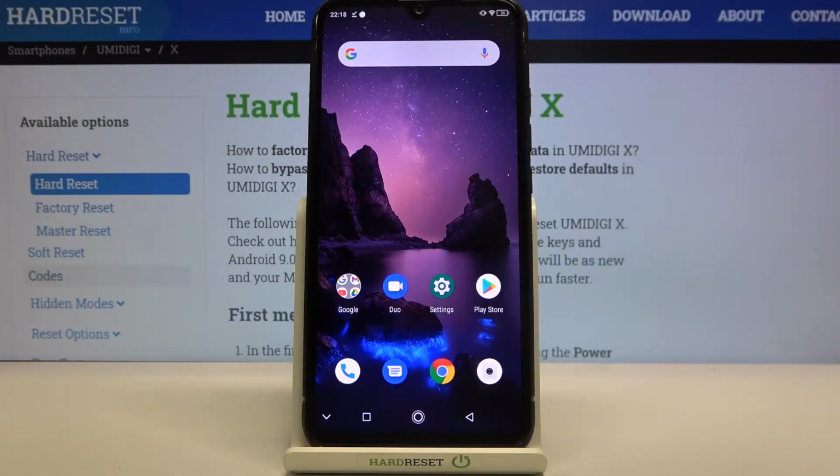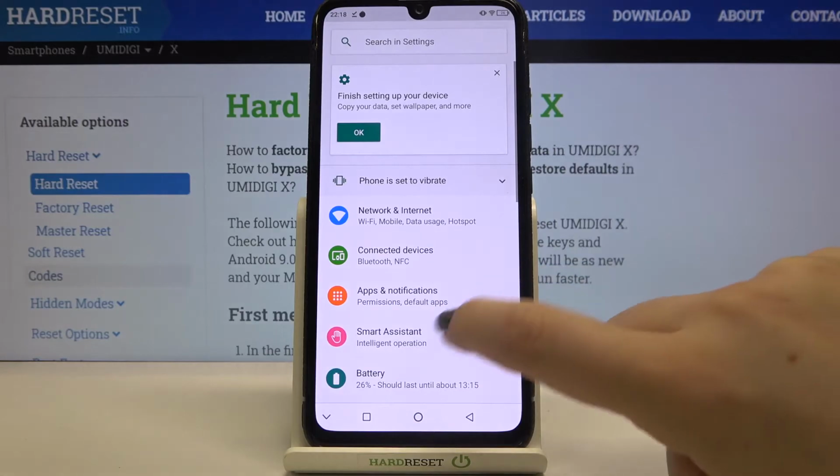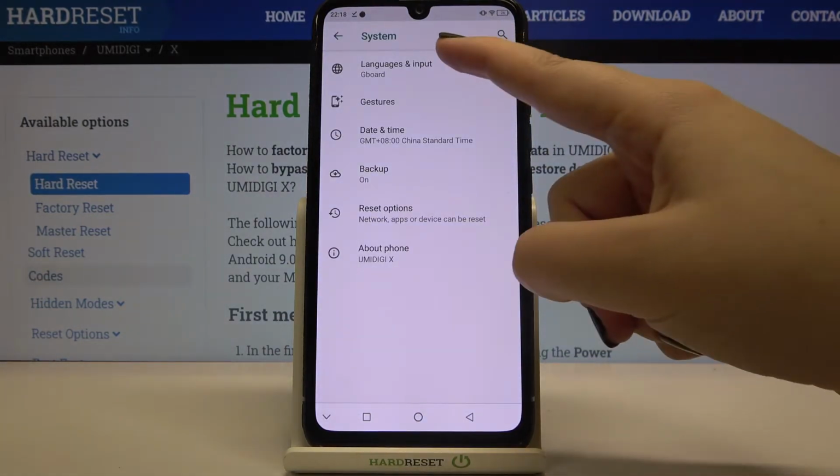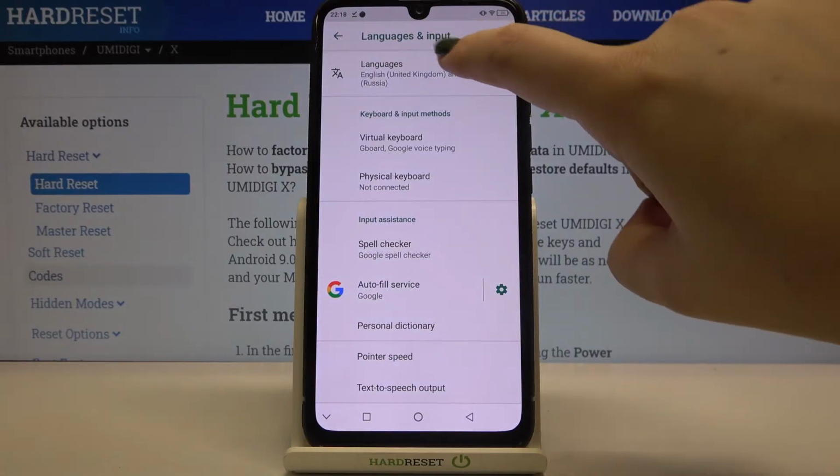Hi everyone, here we've got UMIDIGI X, and let me share with you how to change system language on this device. So first of all, we have to enter the settings, and now let's scroll down to the very bottom and tap on System. Here we have to tap on Language and Input and tap on Languages at the very